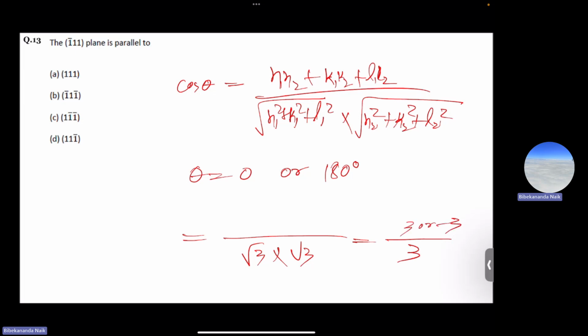So if you see the combinations, this is -1, 1, 1. If we multiply it with 1, 1, 1, it will be -1, 1, 1, so it will be 2. So if you multiply -1, 1, 1, it will give you 2. So it is not correct. Now if you multiply with -1, -1, 1,